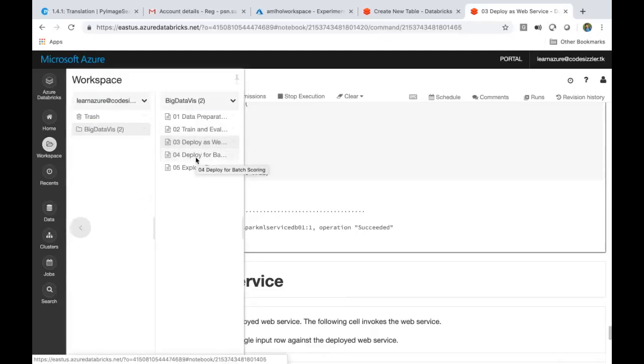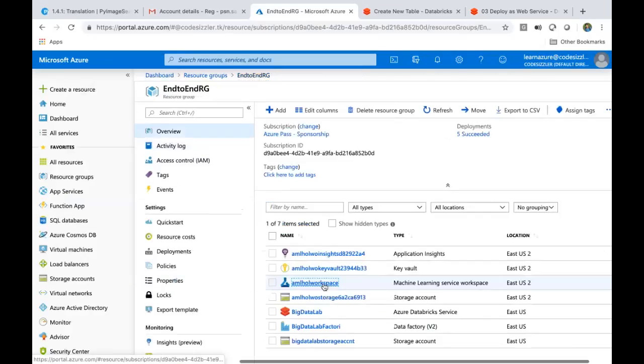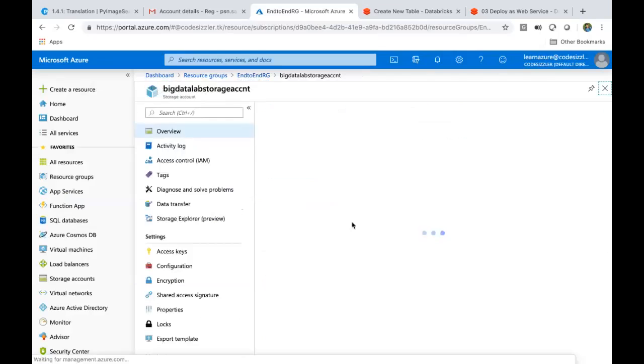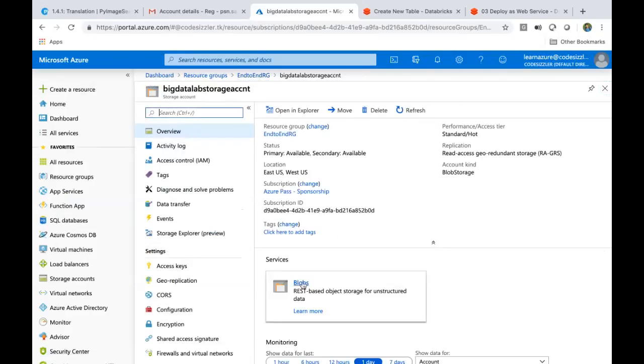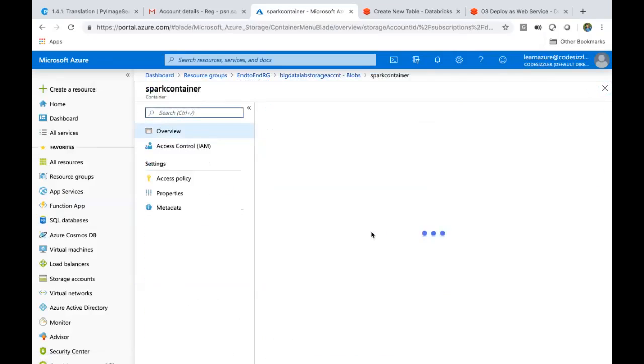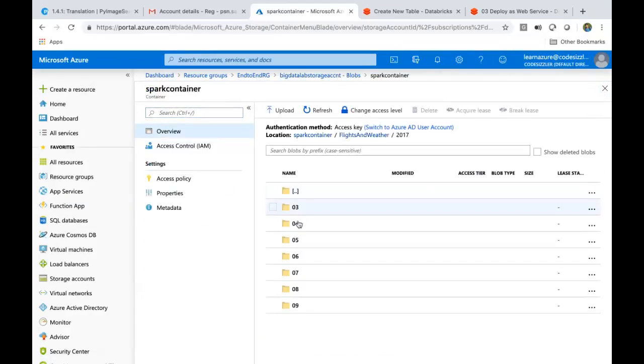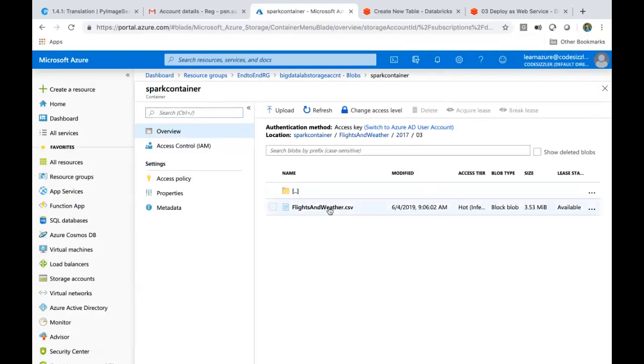So what I'm going to do is go to my data resource group here. I have created one blob storage, and I just uploaded a few files into it. I'll show you that. In 2017, I have a few folders here. For each month, each file has 3 MB of flight data. Now this data, I'll pass it through data factory.